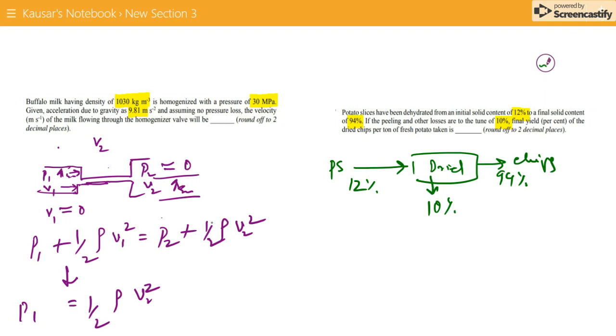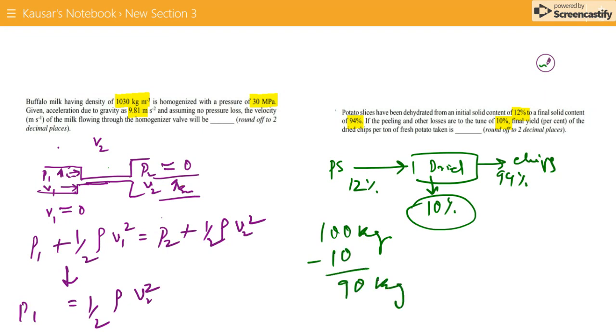So if we take 100 kg of potato, 10% is loss. We subtract 10 kg, it becomes 90 kg, and in 90 kg we have 12% solid,